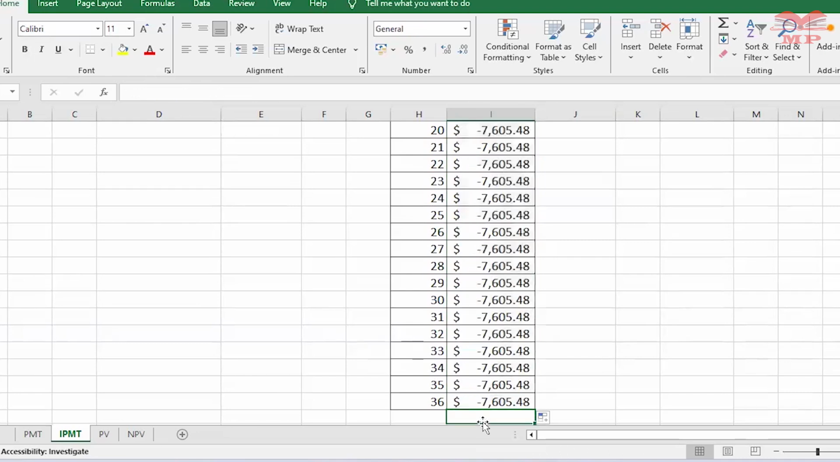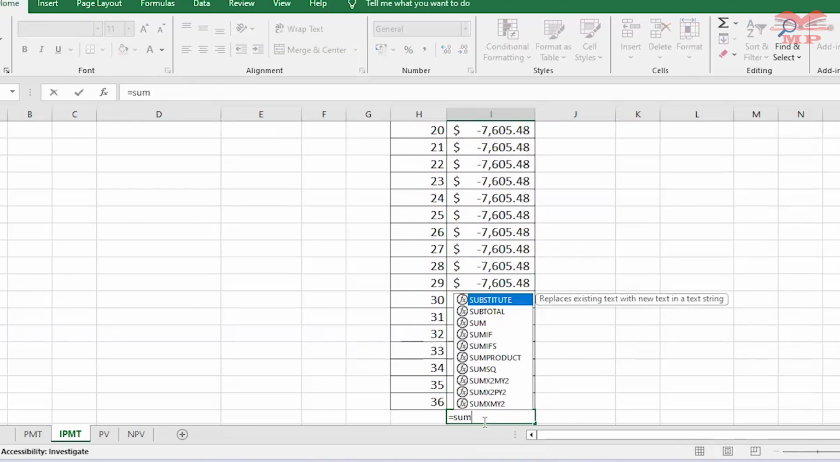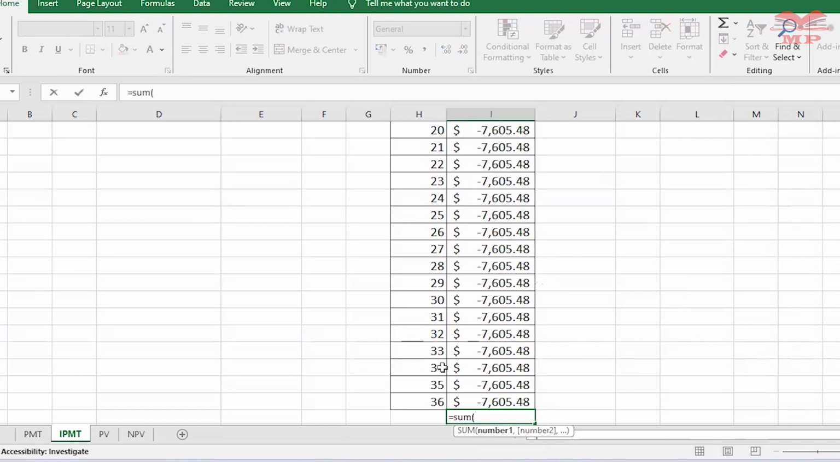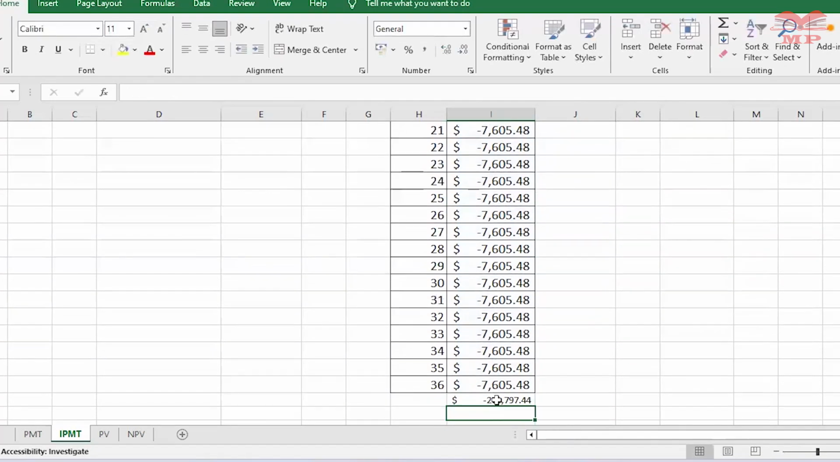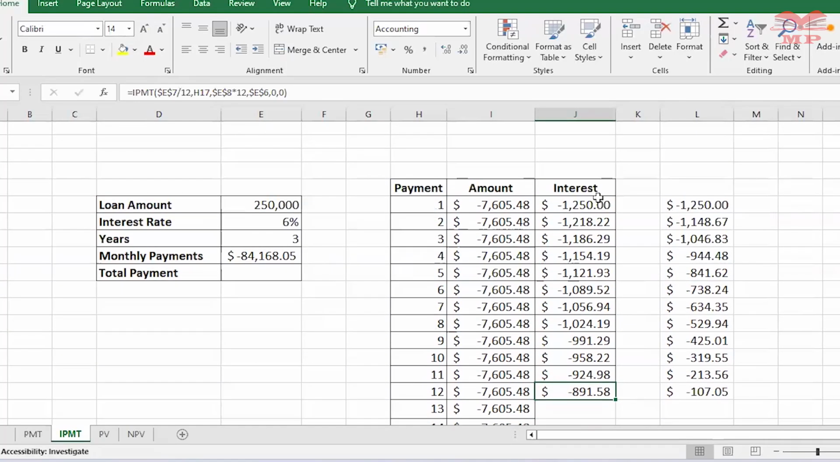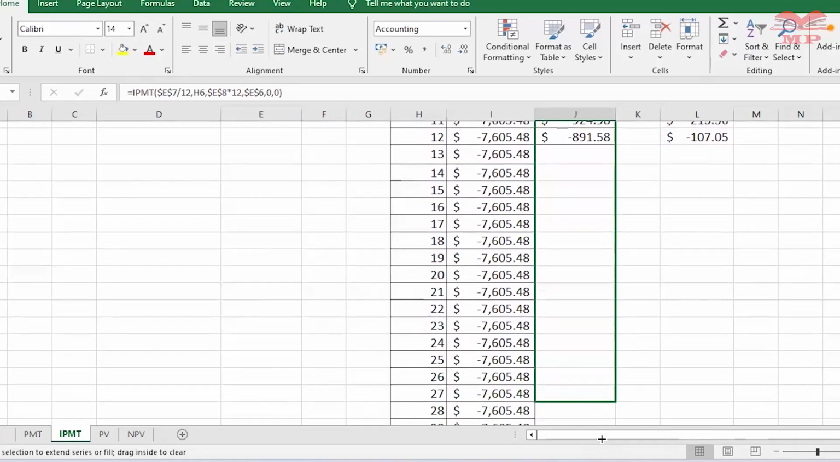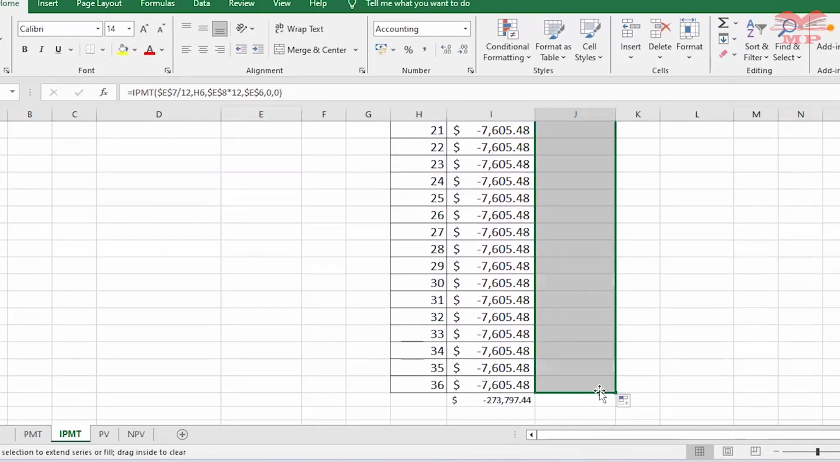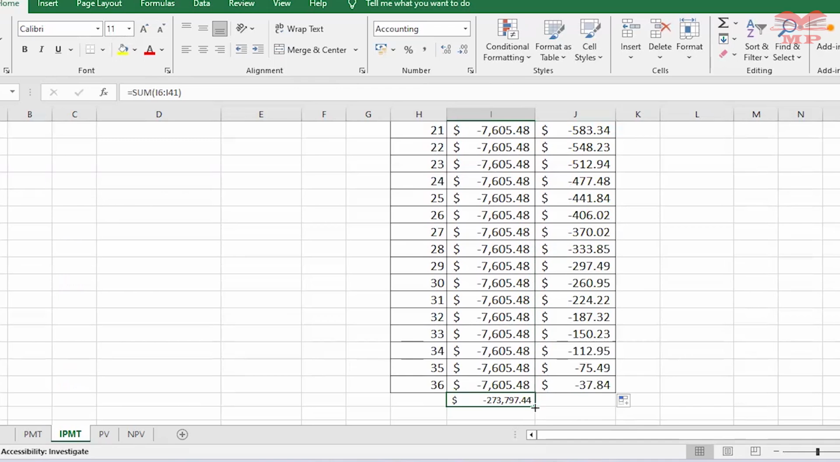And I can do my sum here, equals, bracket, then I would do sum rows. Then it should give me that amount. And then I can do the same here. Copy this formula down, and start from up here. And if I get the sum,